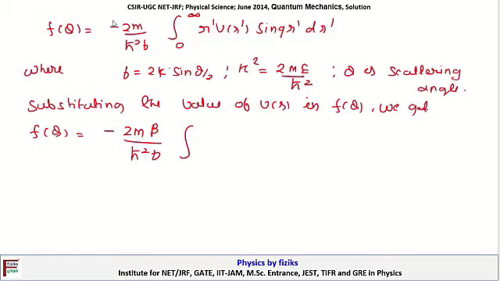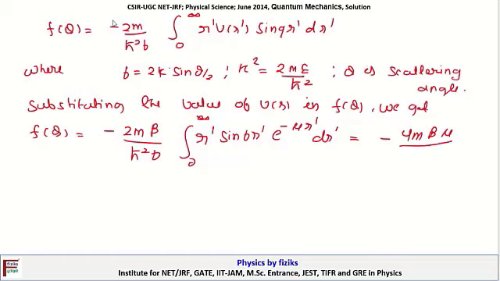So integral 0 to infinity r dash sin b r dash e to the power minus mu r dash dr dash, and this term will be equal to minus 4m beta mu divided by h cross square, (b square plus mu square) whole square,